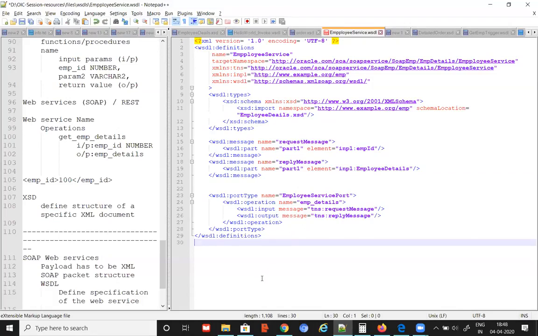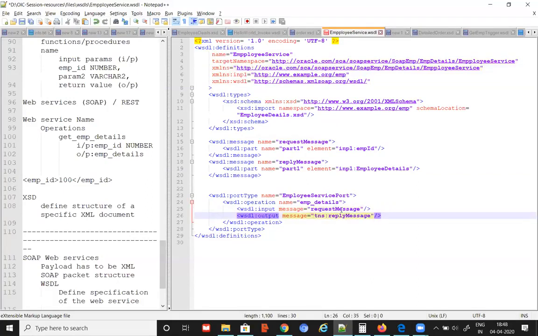Yes, request message and reply message. Exactly. So the request message is defined here. That's why I'm using TNS colon here. If I use this without it, there is no meaning for that. It will fail. In case you mention this without a prefix here, then I can use this one without a prefix.